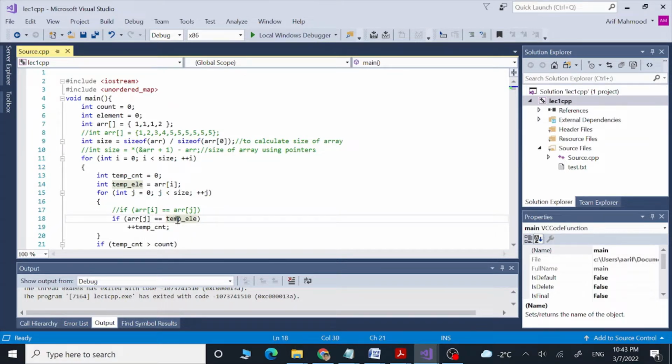If the first element is equal to any element of our array, then we are going to increase our count from 0. We are starting here, and this is the temporary count. We are going to count the frequency of that element.